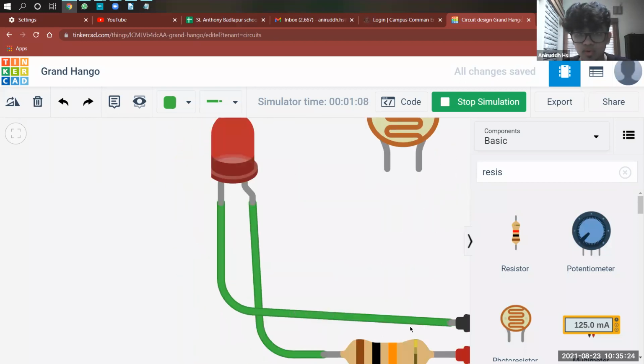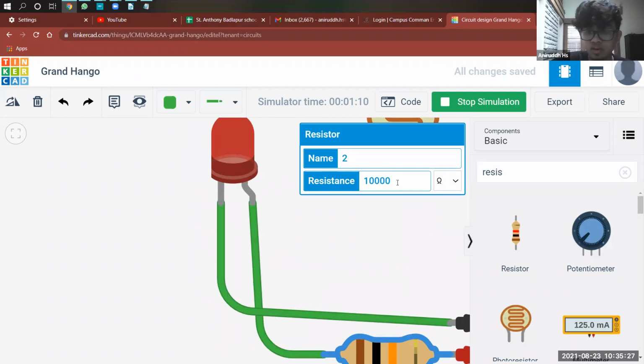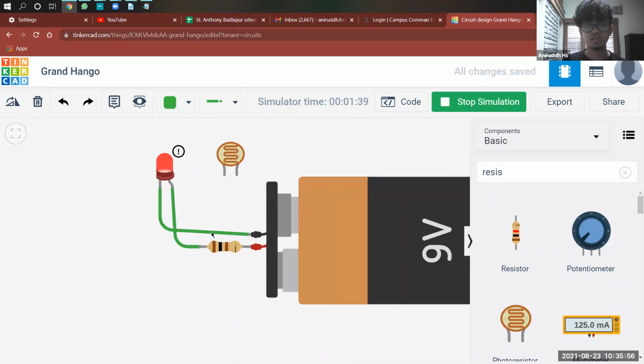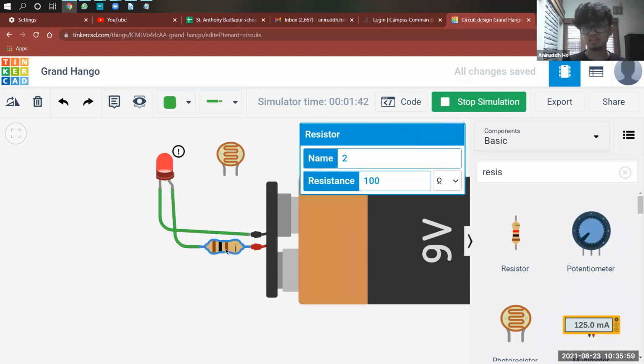Okay, so I'm going to click on the resistor and I'm going to make it 1,000. Did you see the brightness increased? If I make it 100, the brightness increased even more. Saw it, right? So as I reduce the resistance, that means the traffic jam is getting cleared up. There is less and less traffic jam, so the electrons can move through the wire more and more easily. So in this process, the LED will become brighter and brighter. Brightness should increase. So that's how it works. Okay. So low resistance, high brightness; high resistance, low brightness. It's like that only.